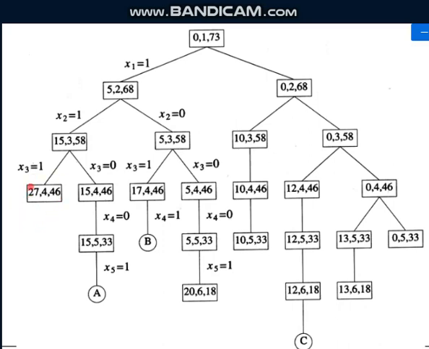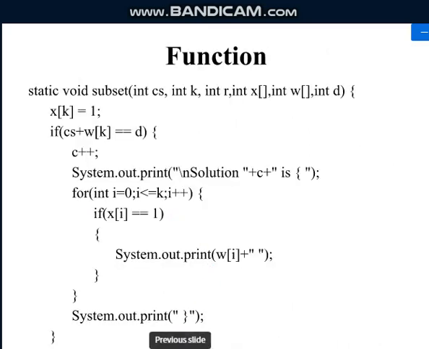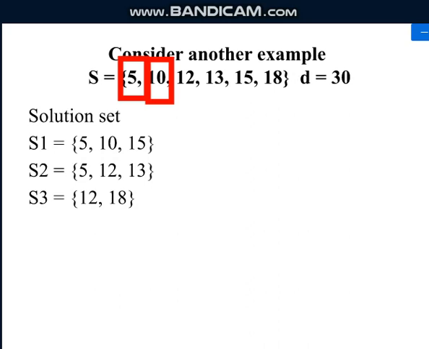So what I'll do is I'll go to the previous one. I will exclude the third element. What is the third element? 12. I will exclude that 12 and next try to consider the next element. So instead of 12, I will just include 13. So 5, 10 and 13. What is the sum? 5, 10 and 13 gives me 28.